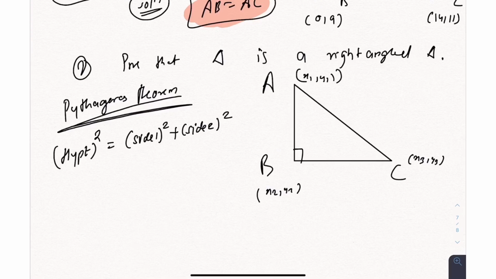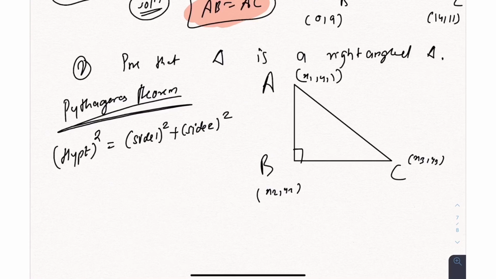In this case, obviously we have to find the lengths AB, BC, and AC. We won't know which side is the hypotenuse, so with the help of their lengths, we'll get an idea which length will be the hypotenuse if the triangle is a right angle triangle. Now suppose we have a triangle ABC, and we have to prove it is a right angle triangle.